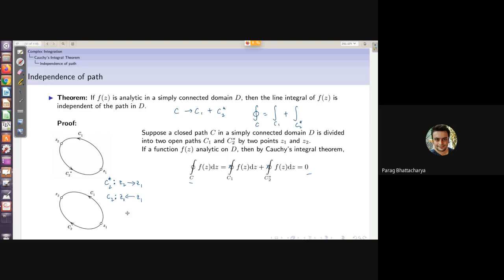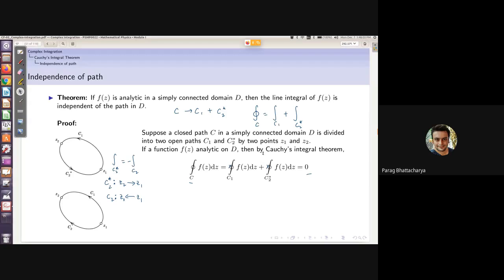So according to the principle of sense reversal, integration over C2 star, if you reverse the direction, if you make it C2, if you go the other way around, then you'll have to include a minus sign. This is the property of sense reversal. As a result of this property, when I replace this with C2, the plus is going to become minus. Is this clear?